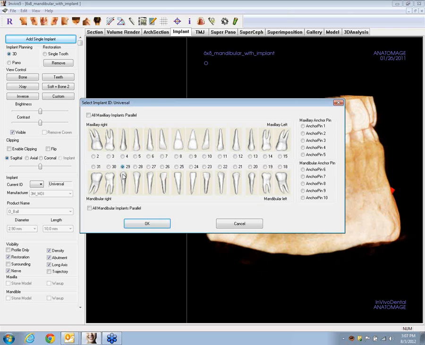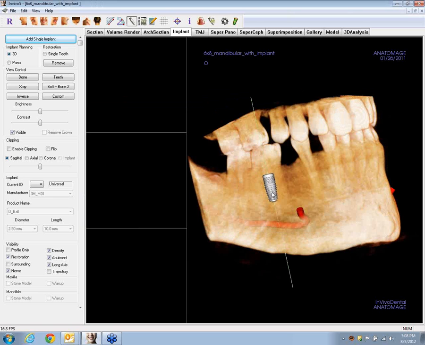There's an implant to support a restoration for a tooth, or we can go ahead and set up a bunch of anchor pins to allow us to custom fit a drill guide very well to the mandible or the maxilla, as the case may be. But when I go ahead and say OK, it's going to bring my